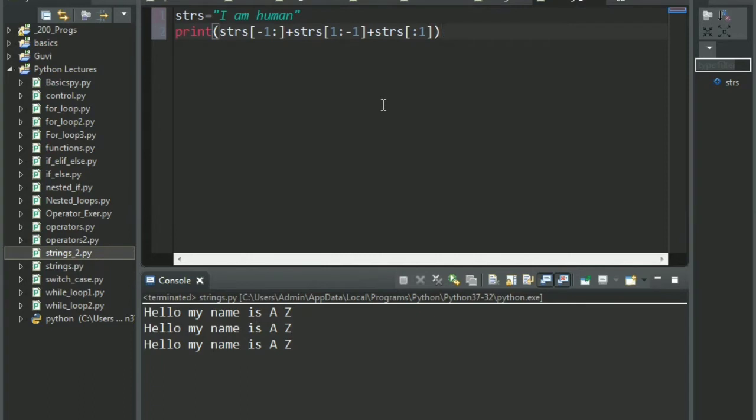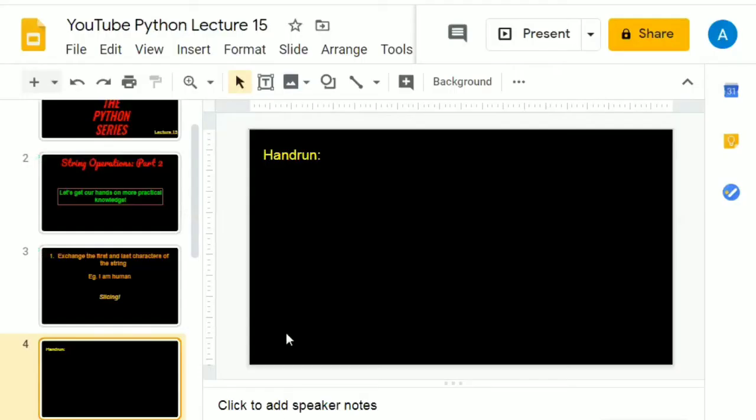In case you still want to try this out by yourself, y'all can really try hand running this thing and try and understand what is going on, because we had done something pretty similar using the range function. Okay, now ranging and slicing is nothing similar, but the syntax is quite familiar if you look at it. Anyway, let's just go to hand running.